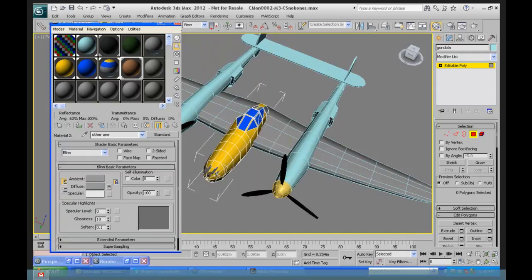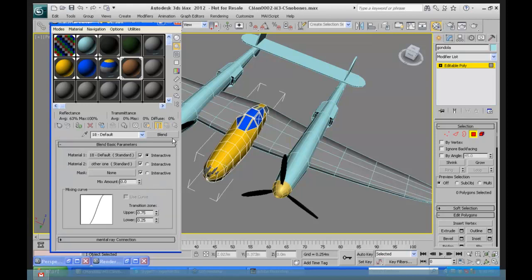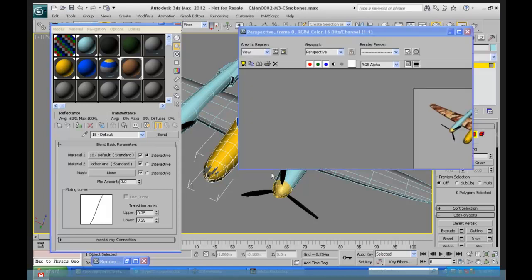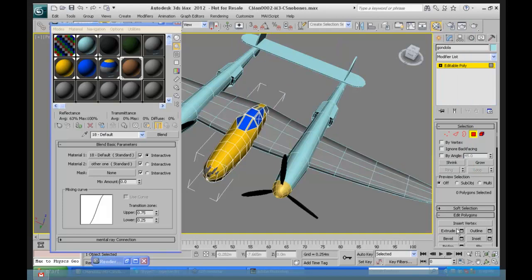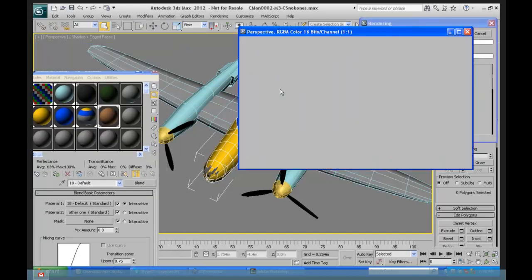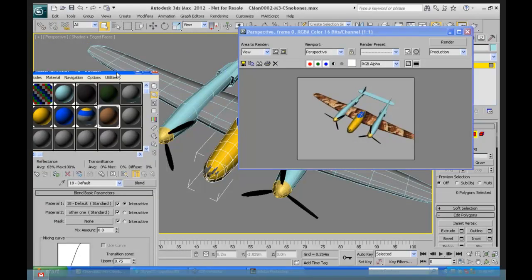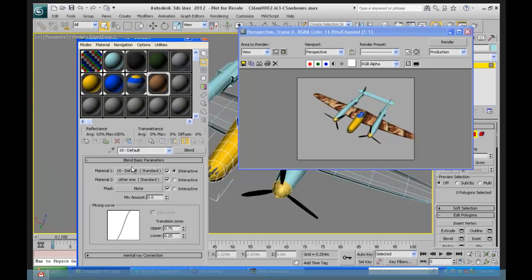And now, if we get up here, we have a blend material. Now, if we render this, we don't see the second material at all because one is on top of the other one, but there's no mask and there's no mix amount. Now, if I set the mix amount to be 100% and I render it, I'm getting that sky, but the sky is not